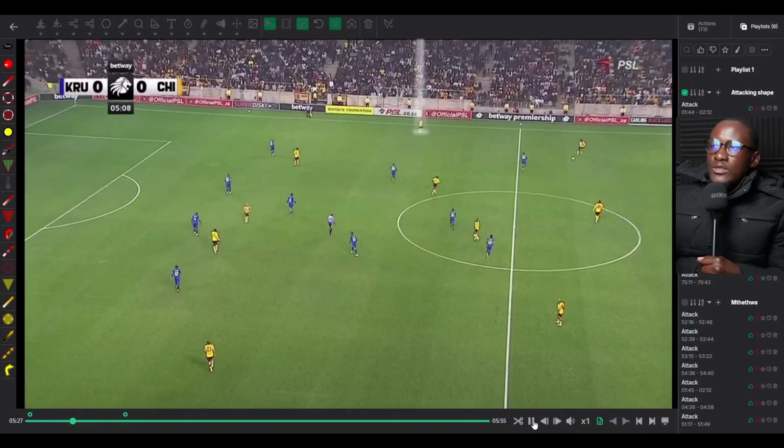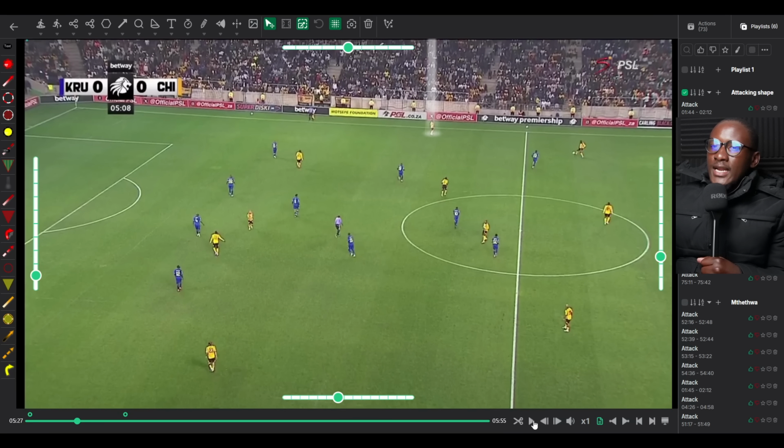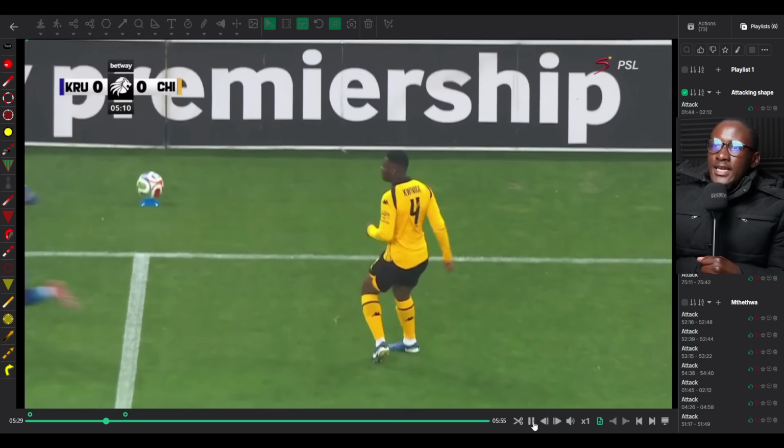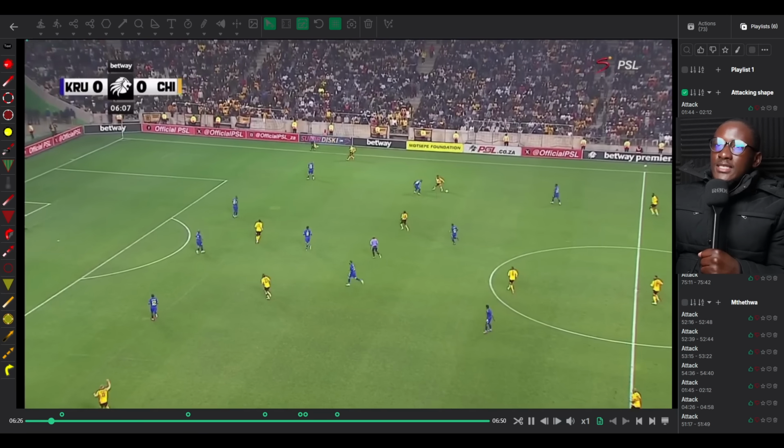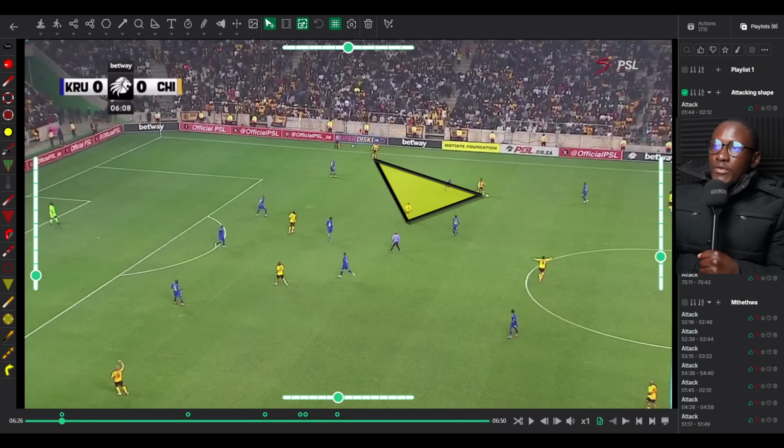So as you're about to watch, Mfundo Vilakazi is the one who is currently collecting the ball on the side, and by the time the ball gets to him, now they form the triangle, because Ndlovu then joins in the attack. So now you have a triangle of Ndlovu and Vilakazi together with Monyane on that right side, and you will see this triangle forming even before Chiefs score the goal. Here you have them. Ndlovu is just here on the inside, and then you have Vilakazi just on the half space, and then on the wide space you have Thabiso Monyane stretching the pitch.